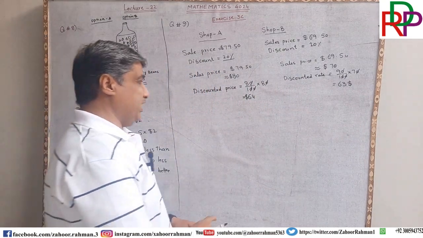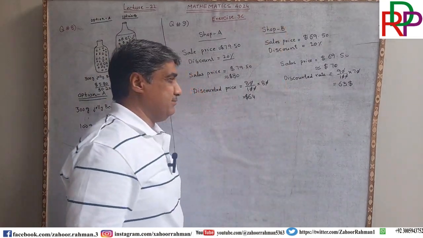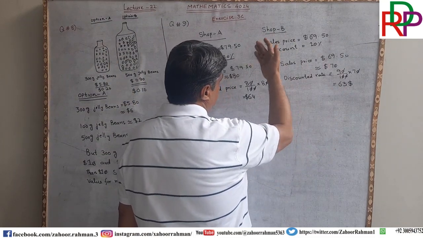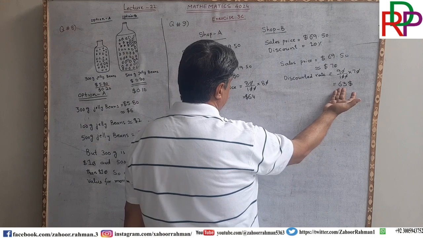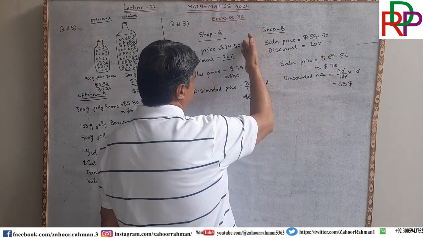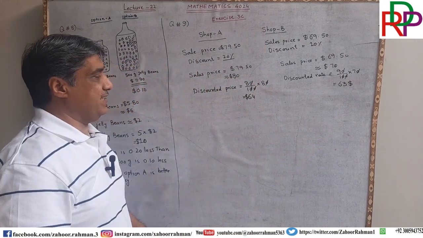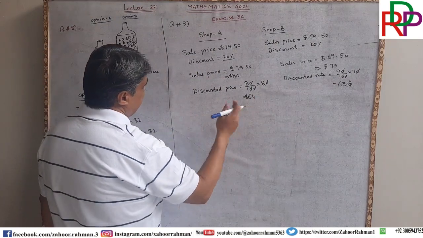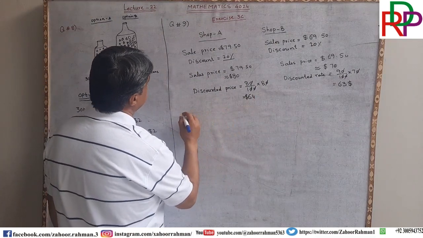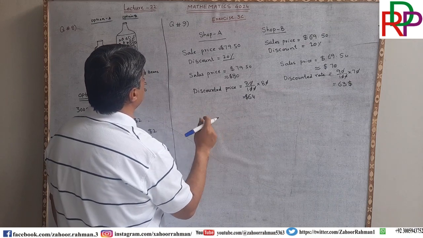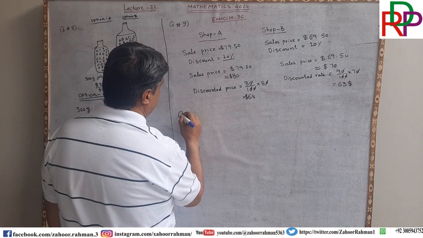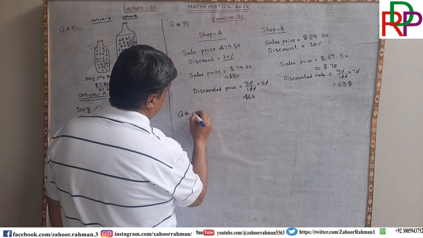So it means you have to go for shop B, because shop B is giving the same dress at $63 and shop A is giving it at $64. So shop B is a better option, and you will have to decide to buy the dress from shop number